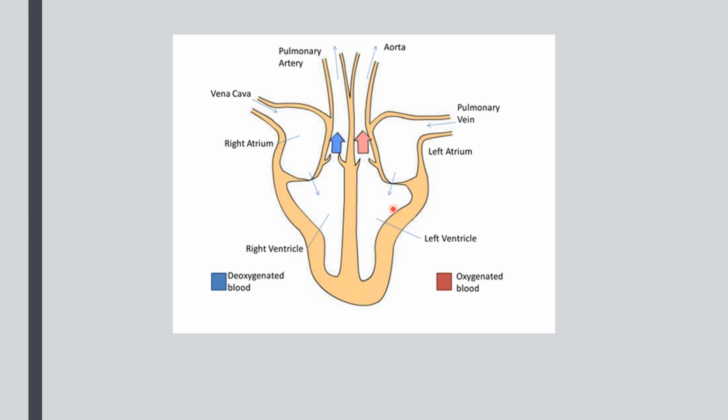The right side and the left side of the heart are very well separated from each other, and this prevents the oxygen rich blood from mixing with the blood containing carbon dioxide, because the right half of the heart contains deoxygenated blood or the impure blood, whereas the left half of the heart contains pure or oxygenated blood.